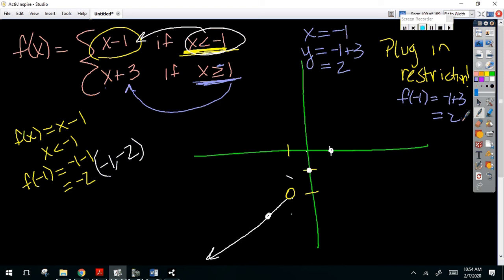So -1, 2. This one is a closed dot. Why is it closed? Less than or greater than or equal to, right? And now it says it goes off to the right. Yes, that's going to be your next point. Up 1 and over 1, and then